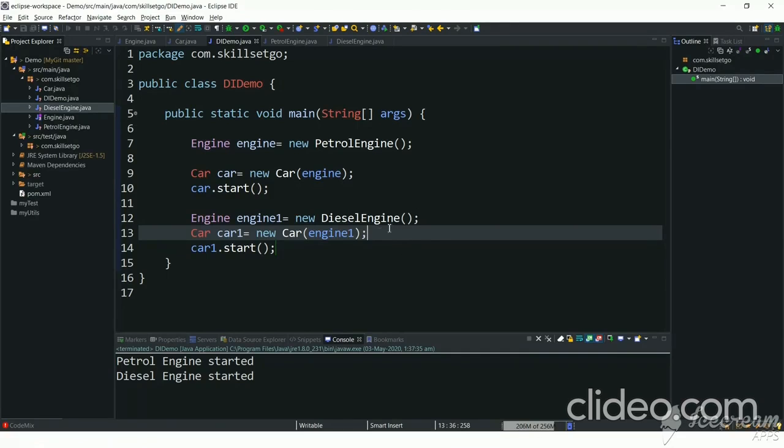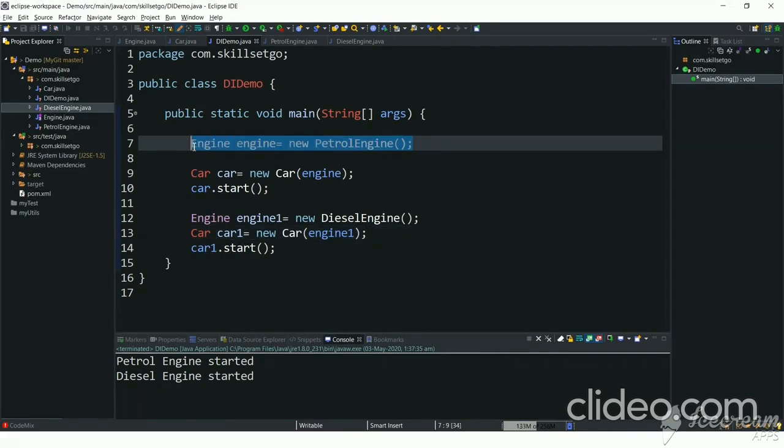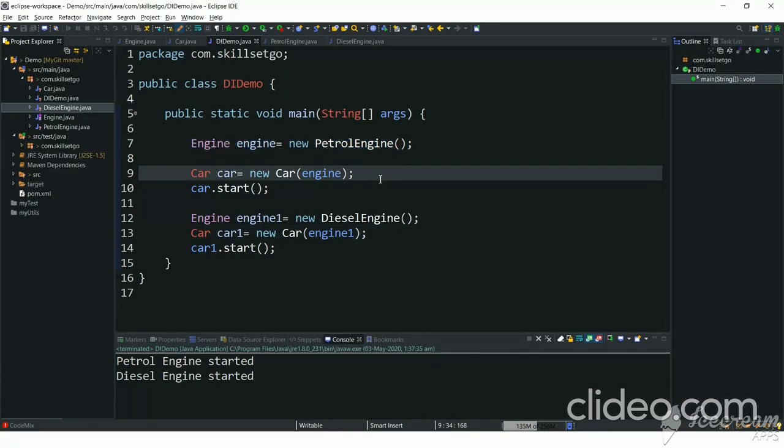So there is a library Dagger which automatically injects a dependency objects. So in future videos we will learn what is Dagger library and how to use it to create automatically dependent objects. So up to now what we did is manual dependency injection, and we will see the Dagger library in following videos. I hope you like this video and now you know what is the concept of dependency injection.